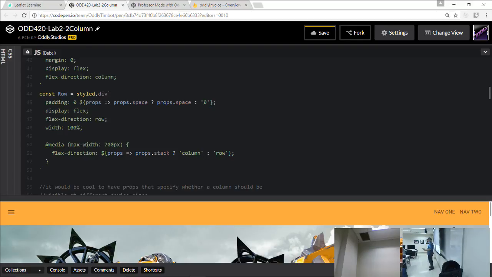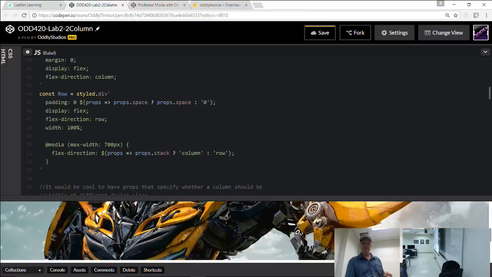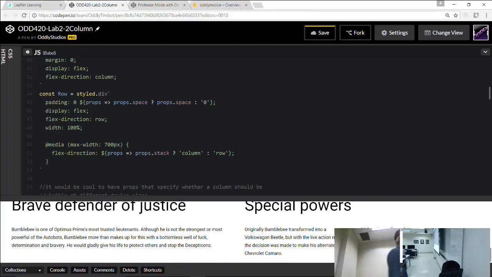So rows, they're going to go side by side. So if we look down this page here, we've got an example. See how these columns are side by side? This means that these guys are inside of a row. All right? So there's a row component, and then one column and another column.